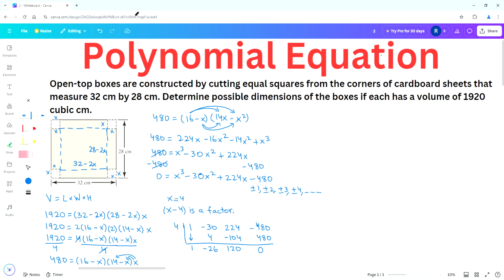Next, we can find the degree of the quotient. The degree of the cubic polynomial is 3. The degree of the factor is 1. So the degree of the quotient will be equal to 3 minus 1 equal to 2. So we can assign x squared to 1, x to negative 26, and 120 is the number term in the quotient. We can write the equation in factored form as